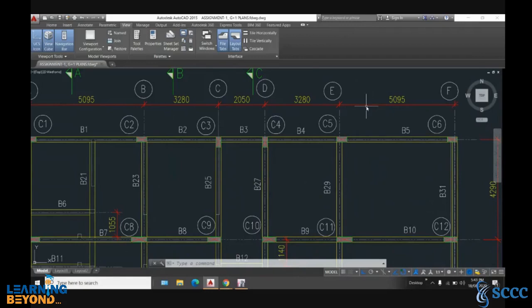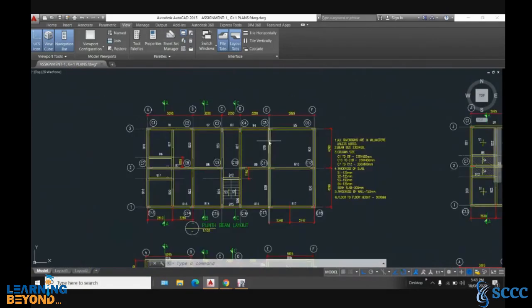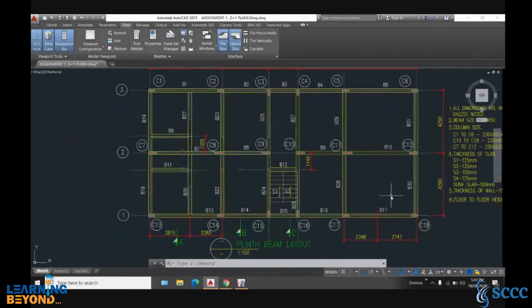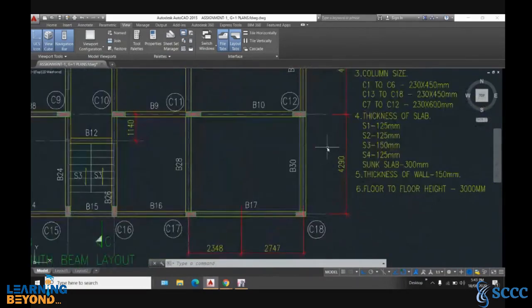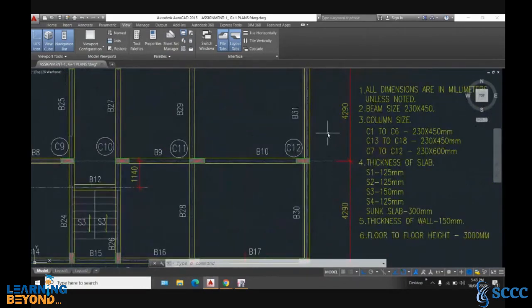So these are the horizontal spacings, so the grid lines will be vertical, and in the horizontal direction there will be three grid lines. The spacing is 4290, 4290. So in the y direction it is 4290.